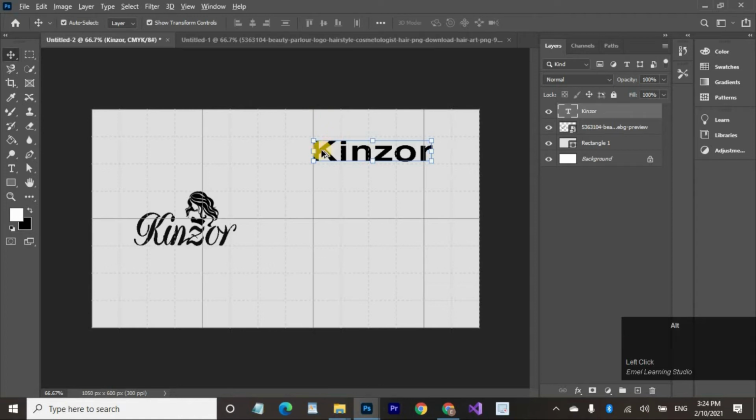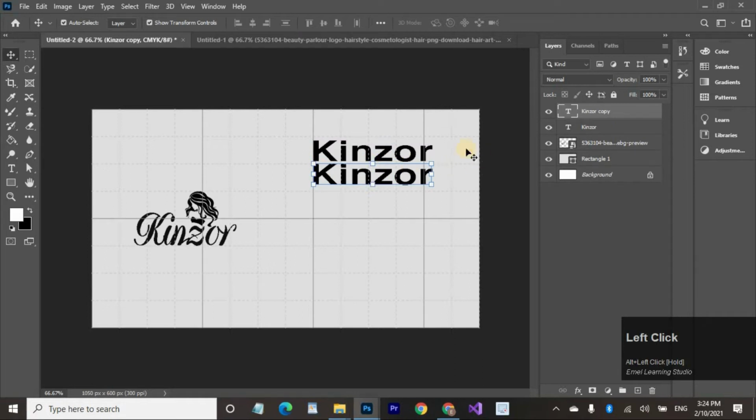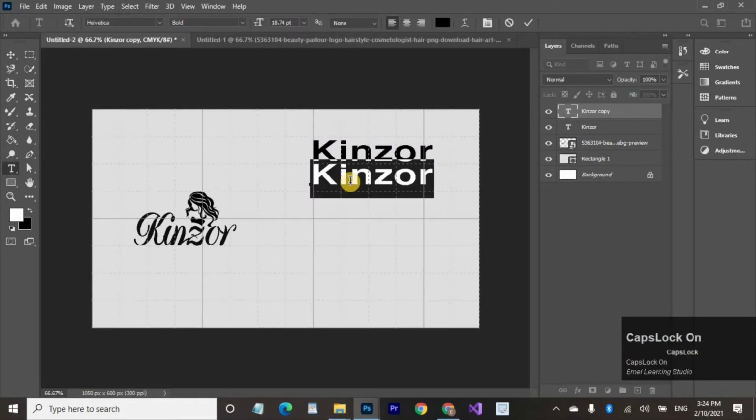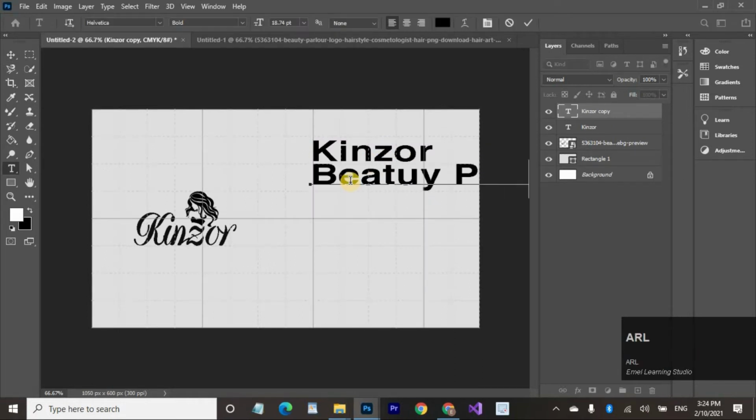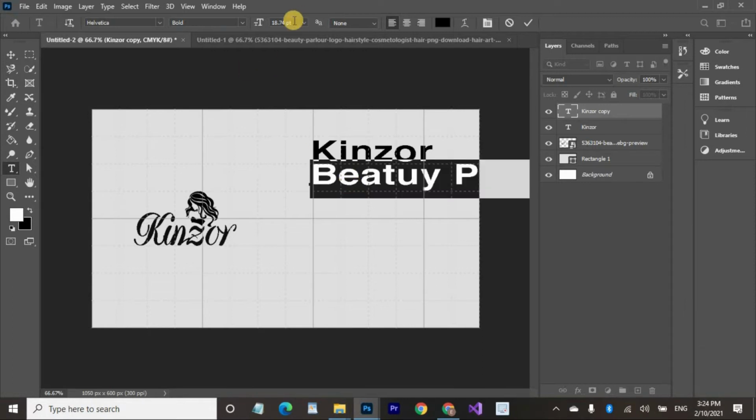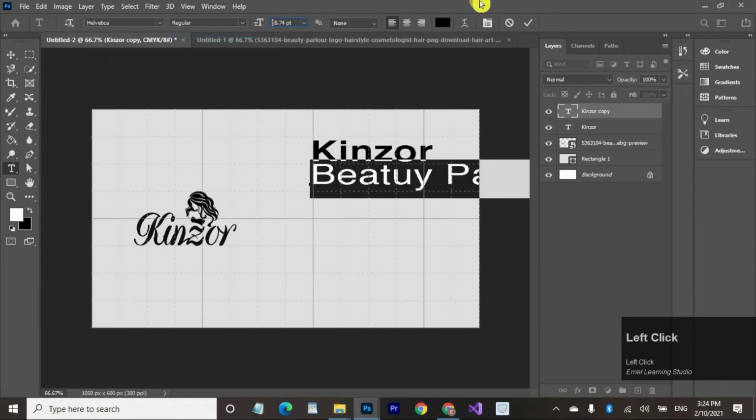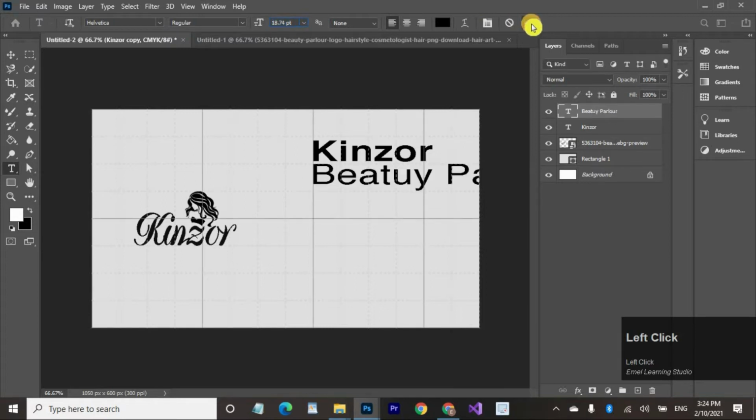Press Alt and copy it and put it here. Change the text. Give it 7 to 8 points, a bit less, okay, and use a regular black color.